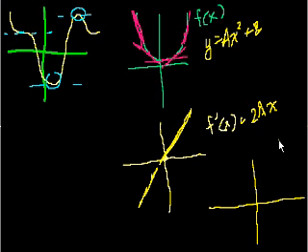Anyway, so this is f prime prime of x, or the second derivative. So what's happening to the second derivative here? Well, the second derivative is just the slope of the derivative. So what's the slope? Well, it's just a constant. In this case, it's just a constant upward moving slope, right? So the second derivative, if we were to evaluate that, would be 2a. So it's going to look something like this, and it's just going to be a constant number, and it's going to be positive,